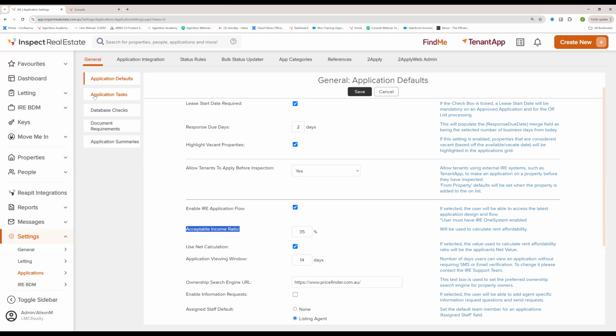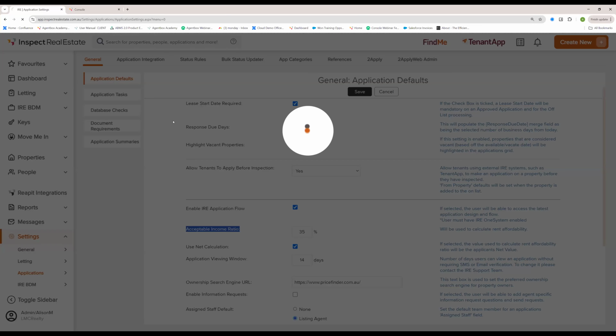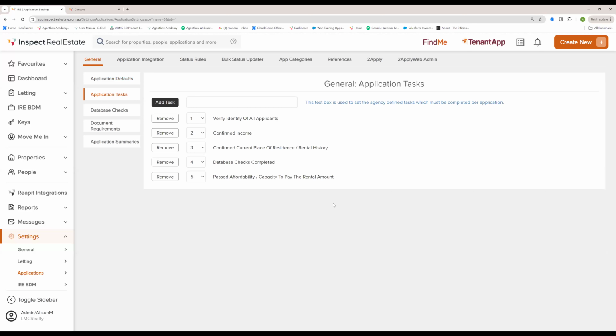Now, the other one I'm going to pull through here is our application tasks. This is where you can set up that checklist. Some people call them activity schedules, some call them workflows, some of them call them checklists. But there's a few different things we can put in place here. Now, these tasks definitely can be built around what you do. So for example, in this case, I might also put sent for owner approval,